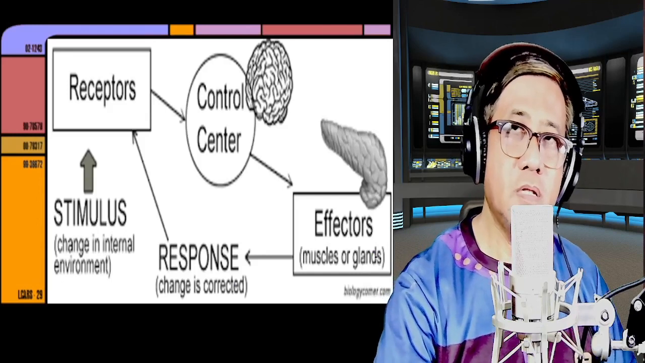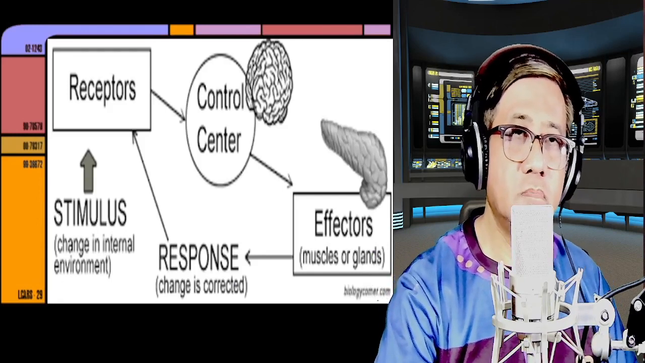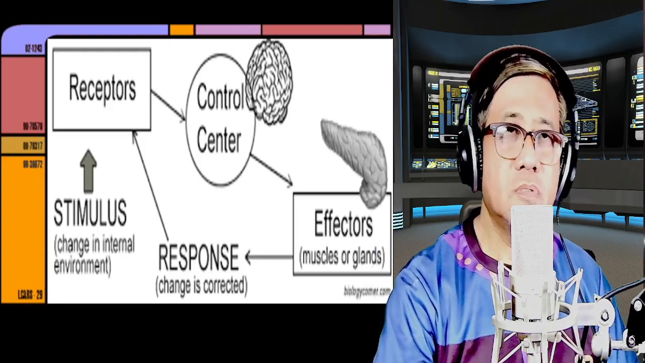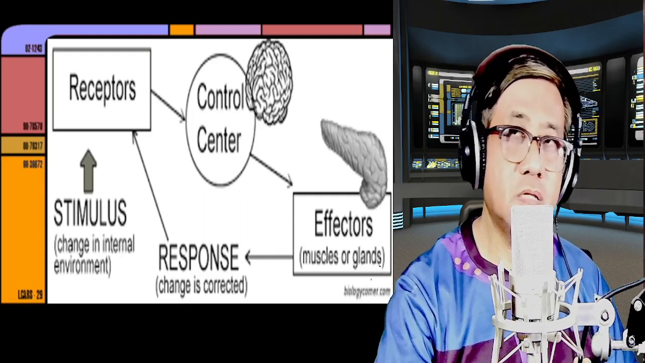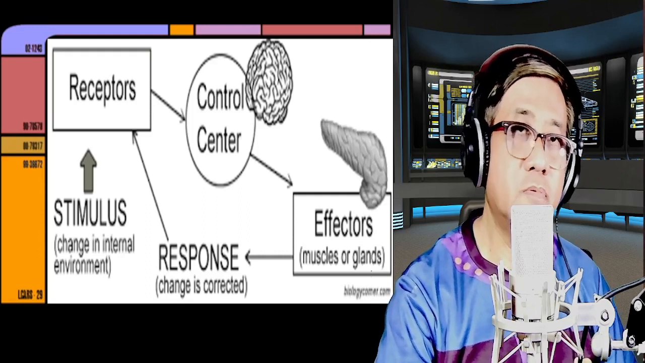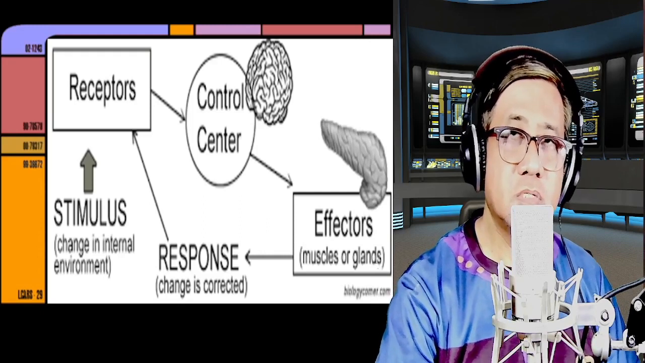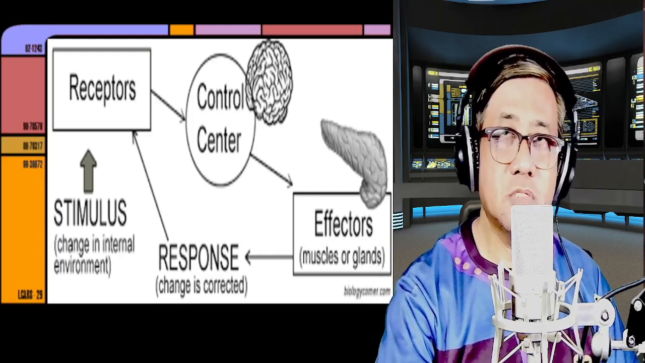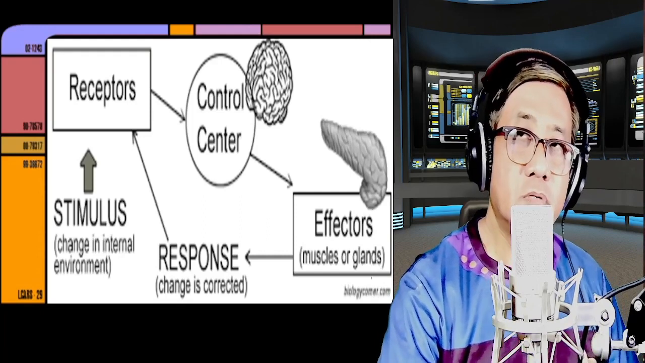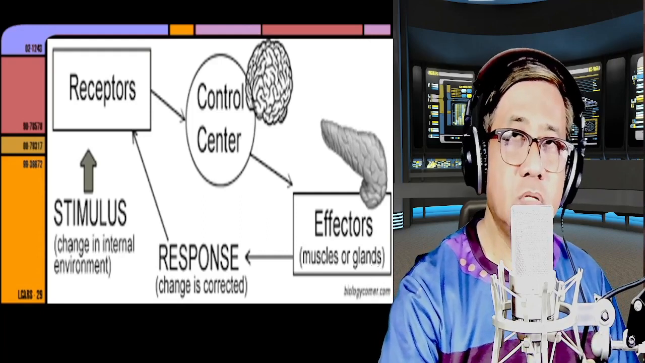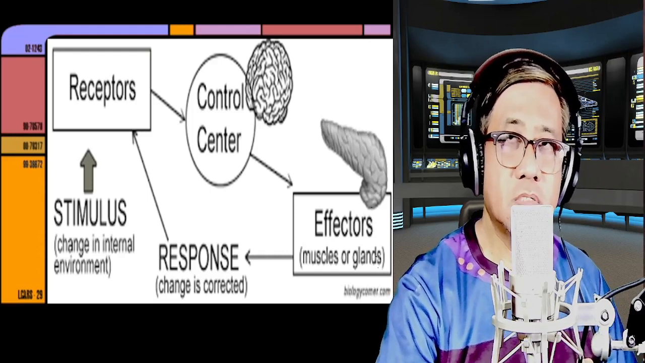Alright, so everybody kindly take a look at this diagram. So first we have a stimulus. The stimulus, for example, changes in temperature, is detected by the receptors of our skin. Then these receptors send information to the control center, like the nervous system. Then the nervous system processes the information and gives instructions to the effectors, either the muscles of the